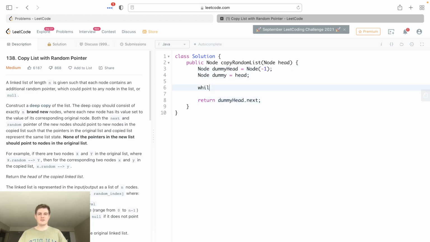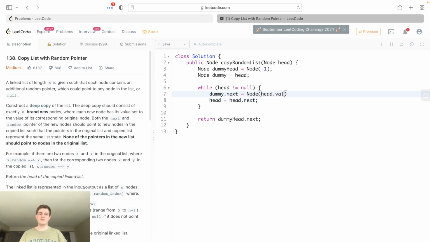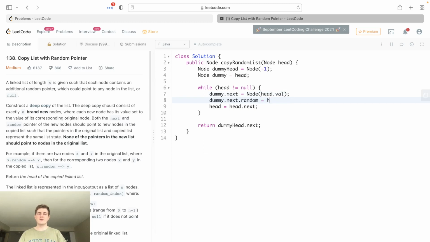And you might go ahead and just go while head is not equal to null, traverse through it, head equals head.next, and then maybe you would go dummy.next is equal to a new node, you copy the value over, and then you would do dummy.next.random is equal to head.random, something like that. The problem is with this approach, and I'm not even going to continue, is